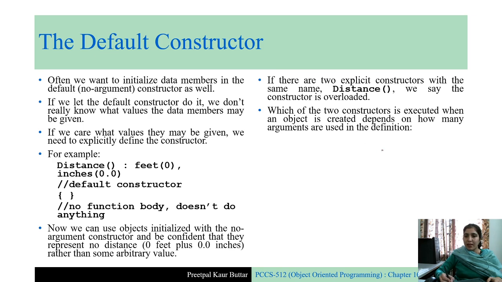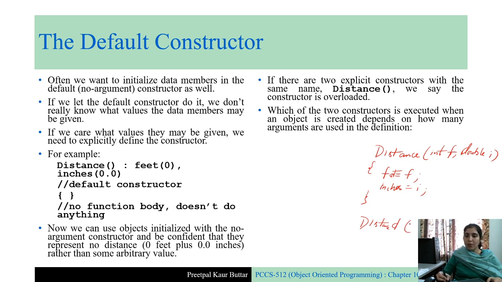The parameterized constructor is similar to the default constructor, but the difference is that it takes arguments. If the constructor looks like this, then this is called the parameterized constructor. Here the values will be passed when we create the object, so feet is equal to f and inches is equal to i. When you create the object distance d and pass the arguments,